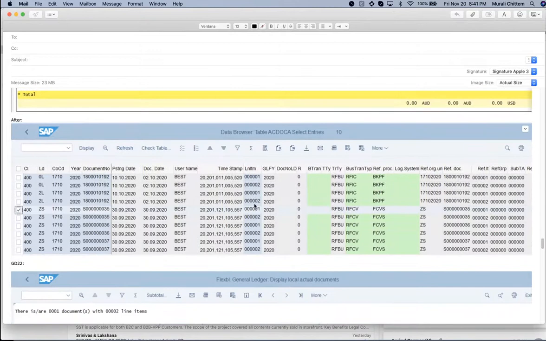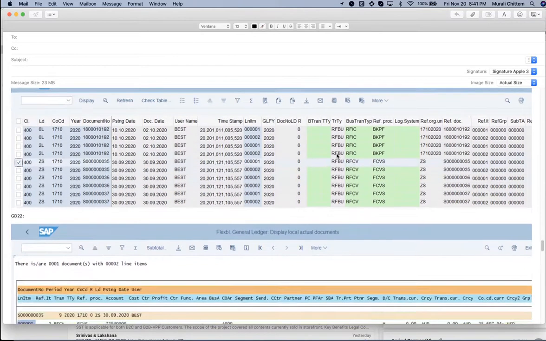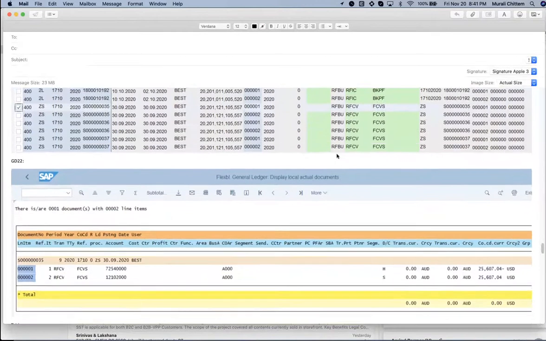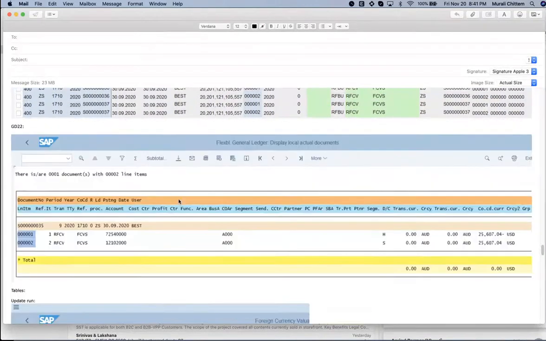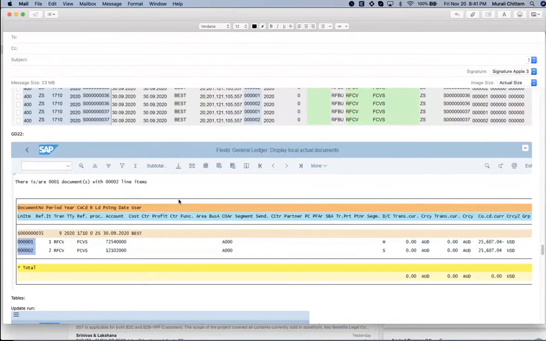After execution, the system updated these documents in the ACDOCA table. Basically, it created 3 documents and 2 line items each, so it created 6 new line items in the ACDOCA table for this ledger. There is a transaction code available for displaying the simulation ledger.